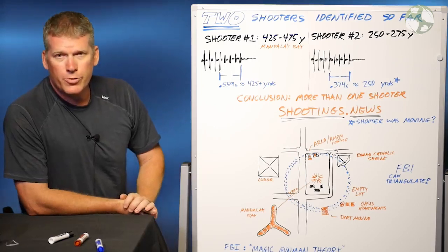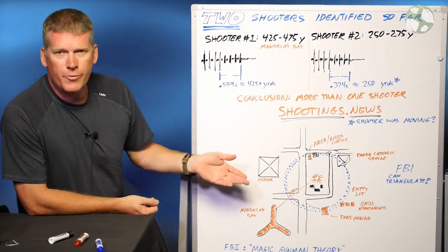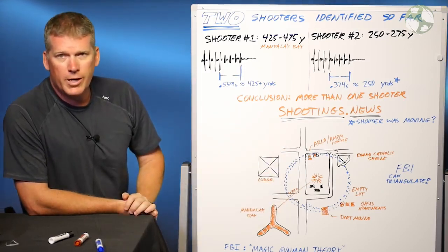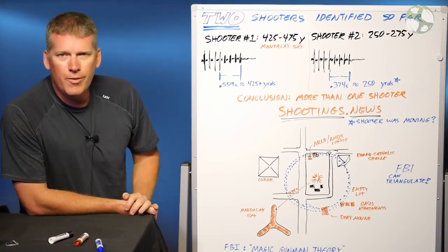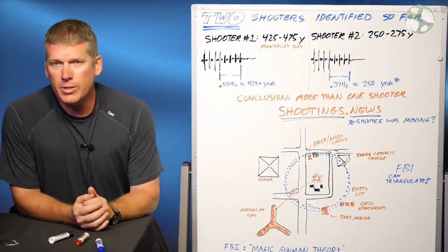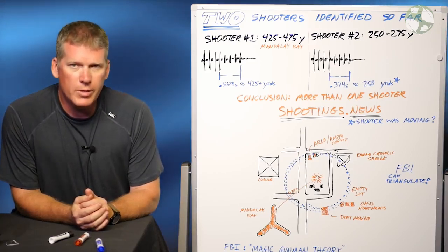The FBI has the resources to do this. I'm just one guy. I got this far by myself on a Sunday afternoon. The FBI could take this the rest of the way, and they could nail the actual location of the second shooter if they had the political willingness to do that. So that's my analysis. I offer this in the interest of helping to catch the actual perpetrators of this heinous